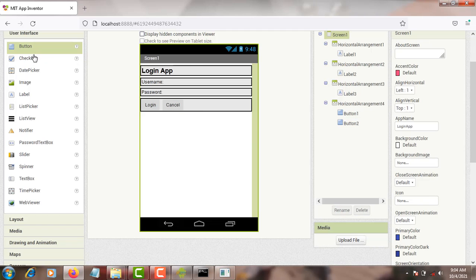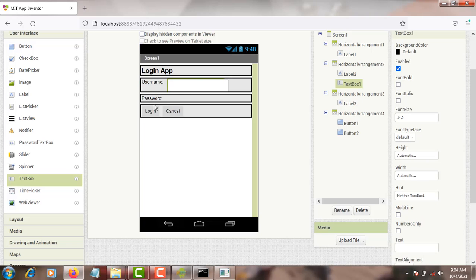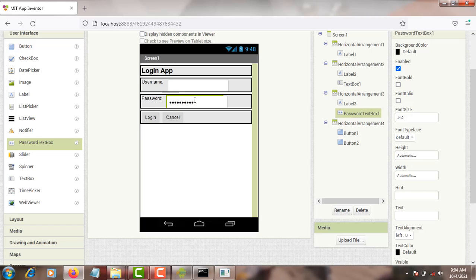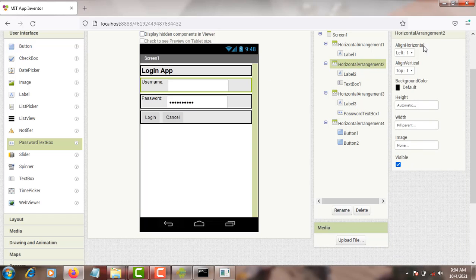To this I need to put a text field, a text box for the username, and also put a password text box for the password. Okay, what I need to do to this, I need to come here to the center,